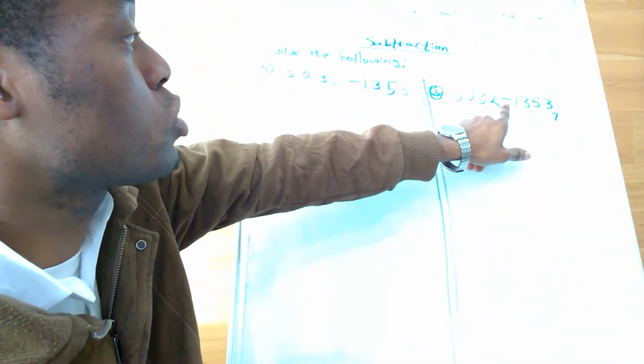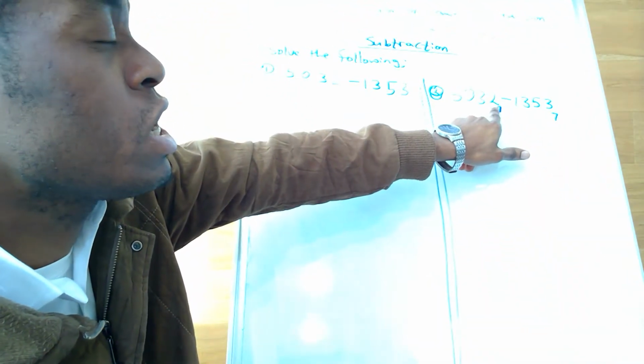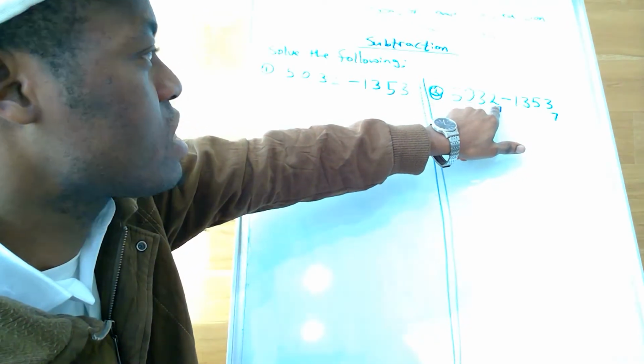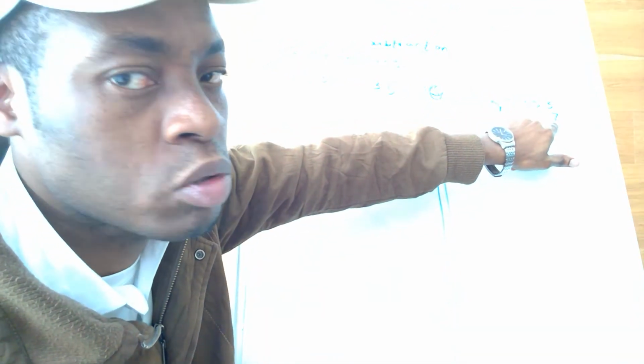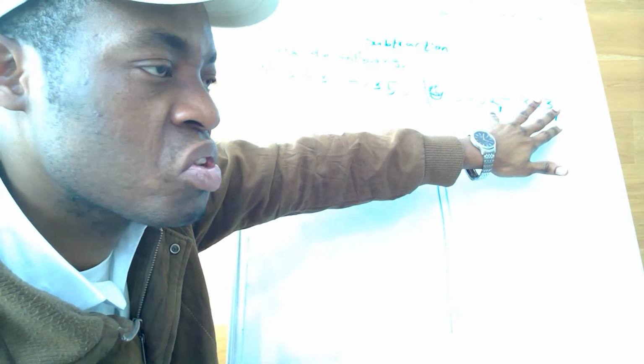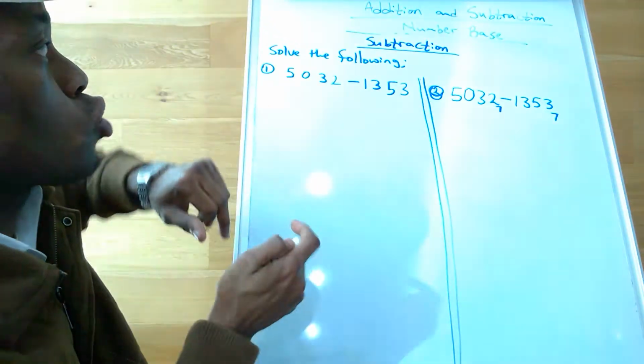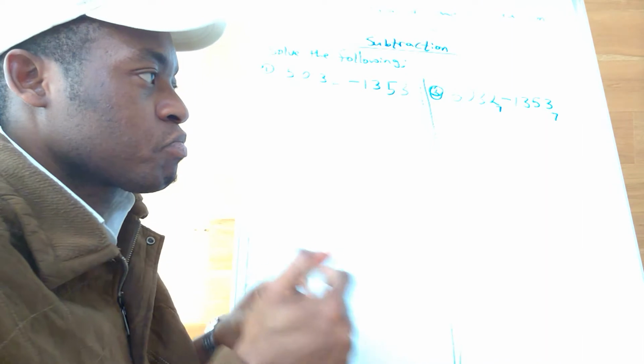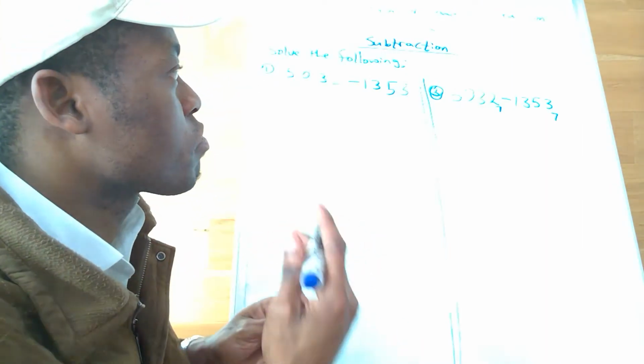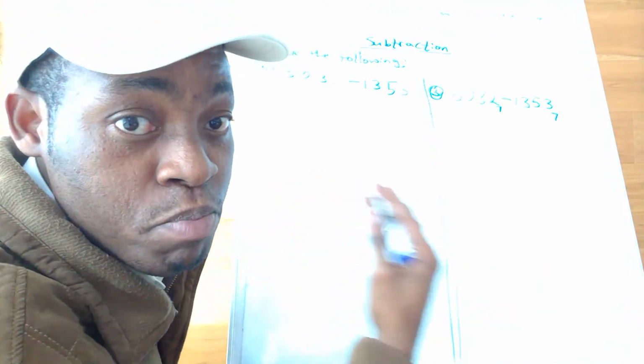Let's assume I did not put any base here. Don't assume that here is 7 since this place is 7. No. This place will be base 10. If there is no base there, that means it's base 10. That is why some of us teachers mark students down for not putting the base there, because any number without a base is in base 10. So we'll be looking at the technicalities that are involved in solving number base.